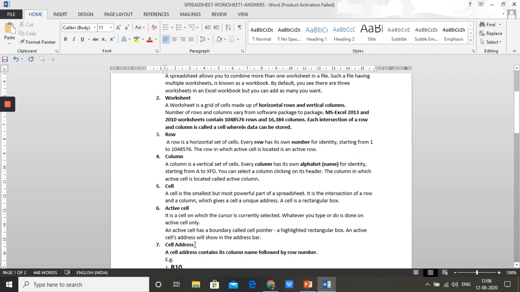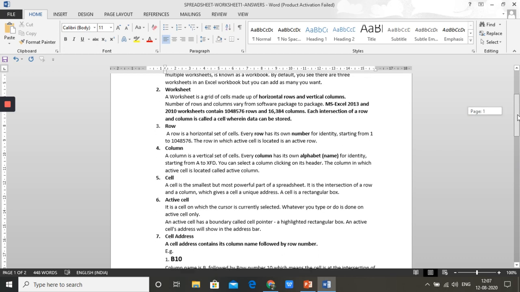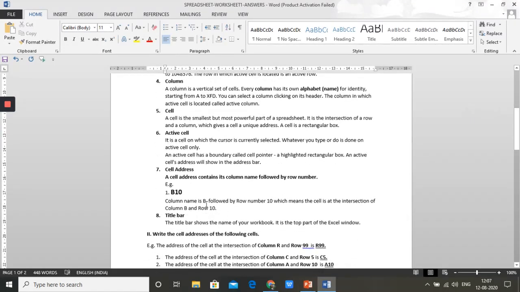Next one, cell address. A cell address contains its column name followed by row number. So column name followed by row number is the cell address. The following example you need not write in your notebook, but I wanted to give this again so that you understand it very clearly. All of this that we have been discussing now, these are basics of Excel.